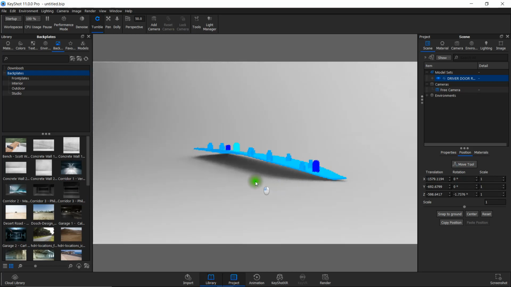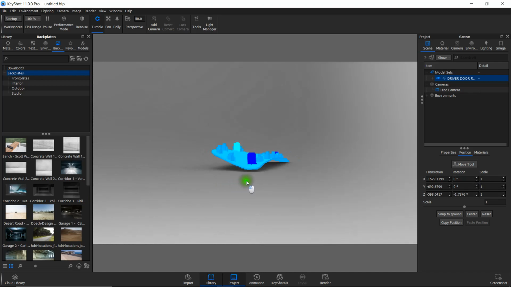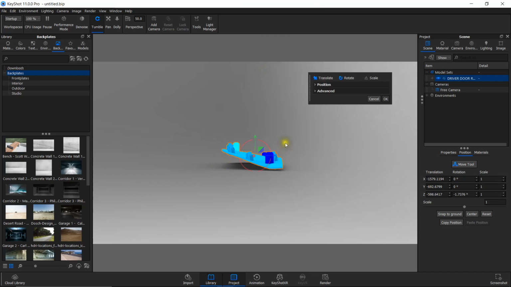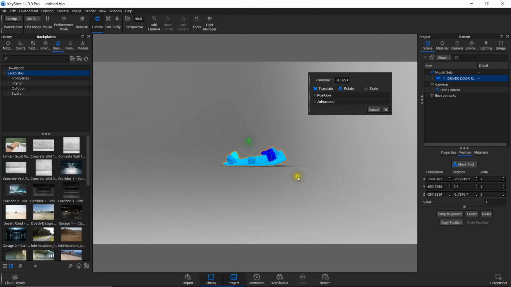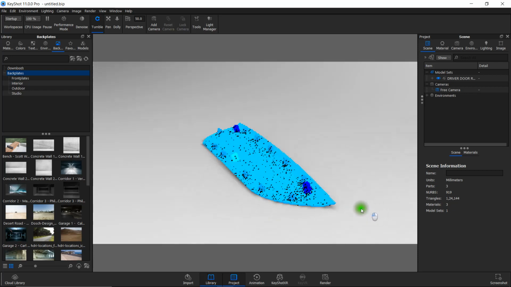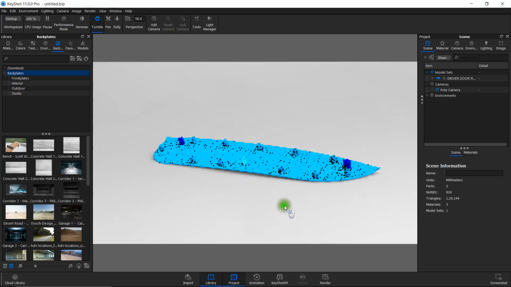And when I change the view to this side, you can see that this part is not touching the ground. So I am again right clicking on the model, selecting the Move Model option. So the part is almost touching the ground. You can see that it looks more natural right now.